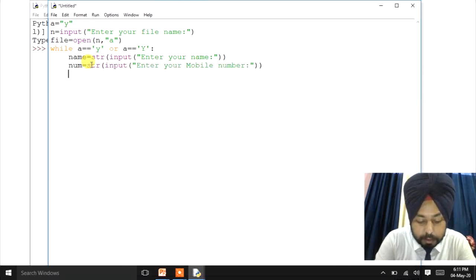Now we'll use write to write the data in same file. For that we'll use here file dot write, then name. Okay.